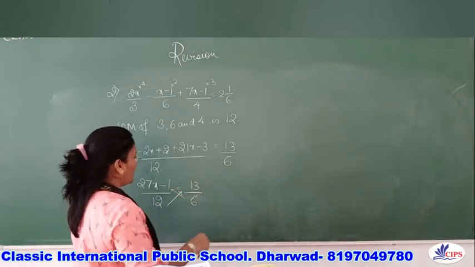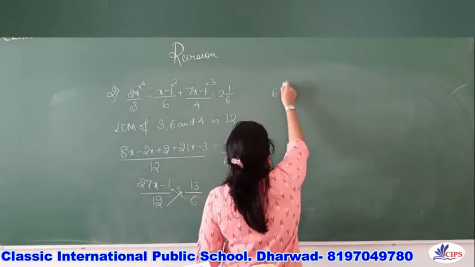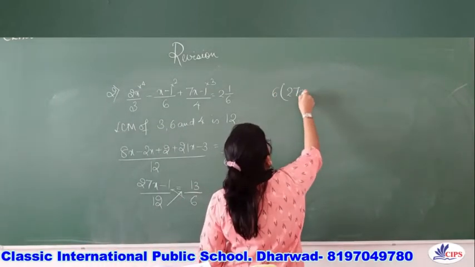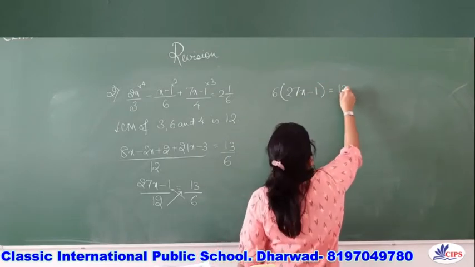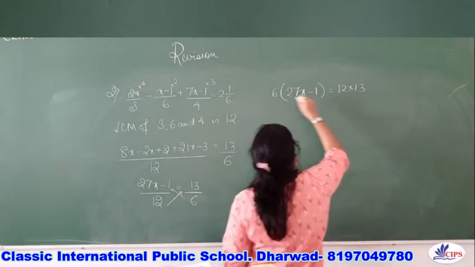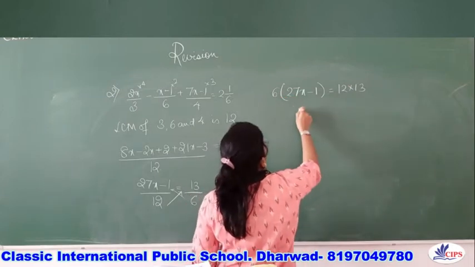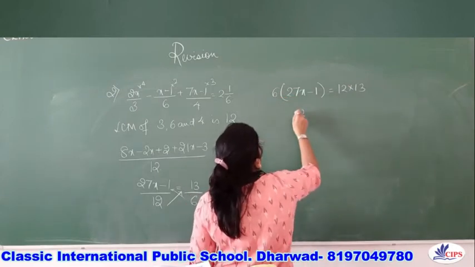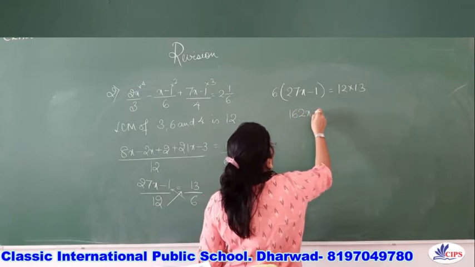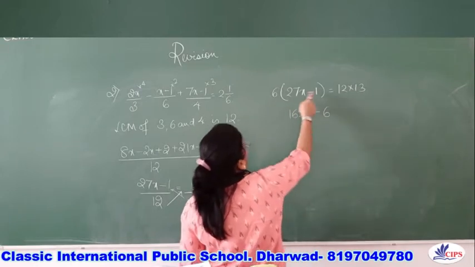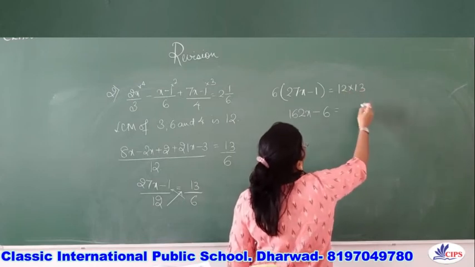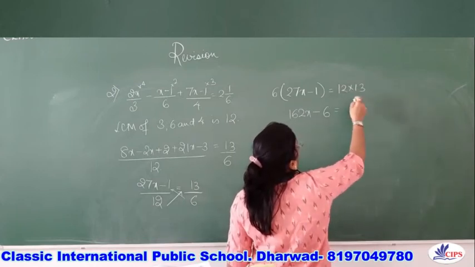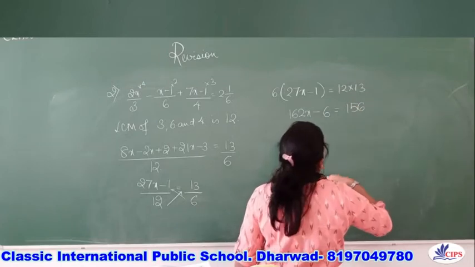When you cross multiply, you get 6 into 27x minus 1 equals 12 into 13. So 27 into 6: 6 7s is 42, 6 2s is 12 plus 4 is 16. So 162x minus 6. So 6 has to be multiplied to 1. Then here is 12 into 13: 13 2s is 26, 13 1s are 13 and plus 2 is 15. Now